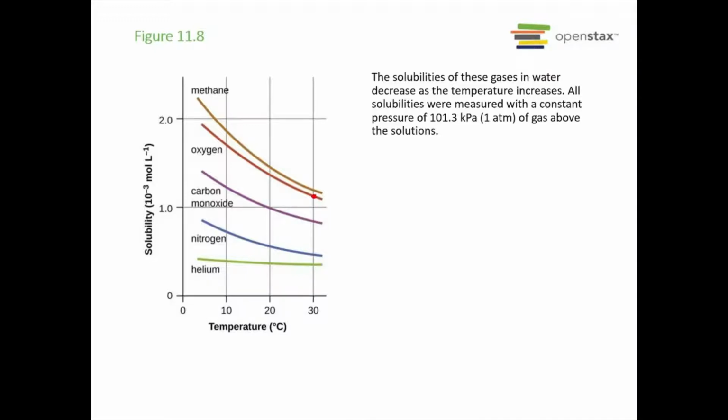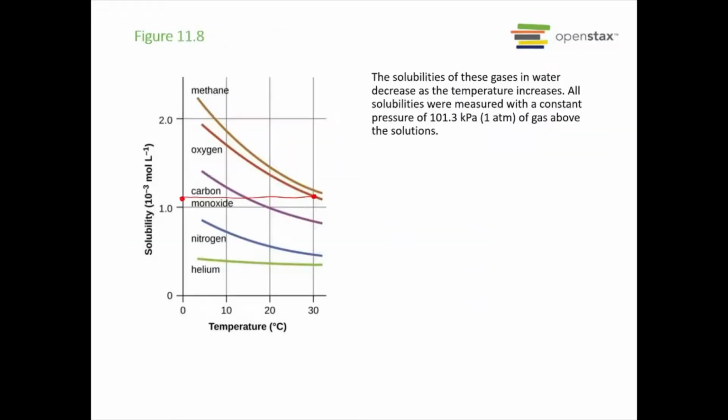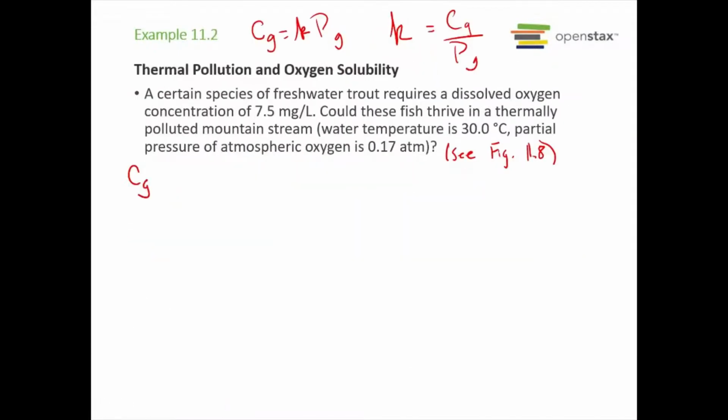And at 30 degrees, I have a solubility about right there. And so we're going to go ahead and say that's about 1.15. So we're going to say that the solubility concentration based off of figure 11.8 is 1.15 times 10 to the negative third moles per liter. So that's where we get this 1.15 times 10 to the negative third moles per liter